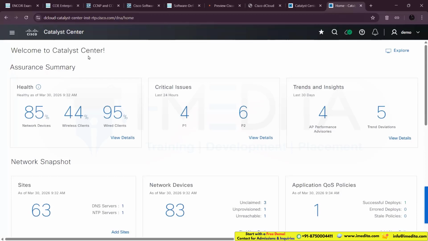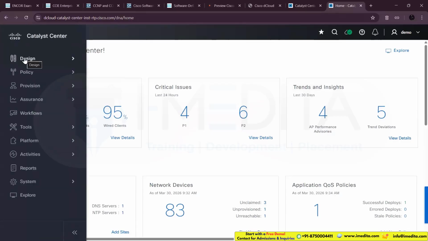Another use of this dCloud DNS Center is, let's say, you have some client whom you are pitching the SDA solution, the DNS Center solution. You don't need a physical setup. You can just spin up a dCloud demo, and then pitch your solution. You can tell the client the SDA solution and its benefits. Since you have both read and write access, at least up to a certain level, you will be able to explain the benefits,